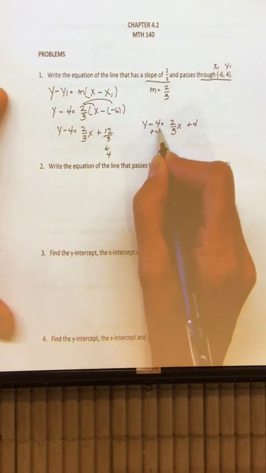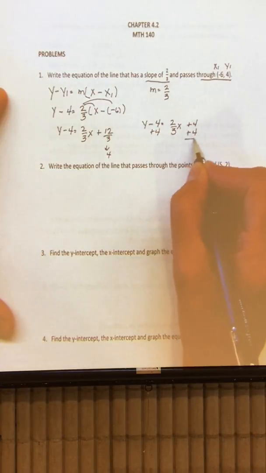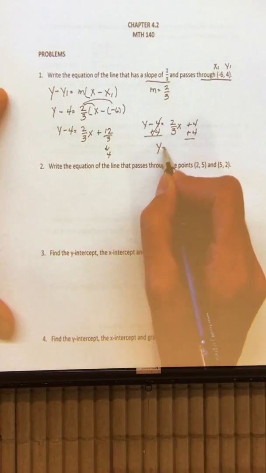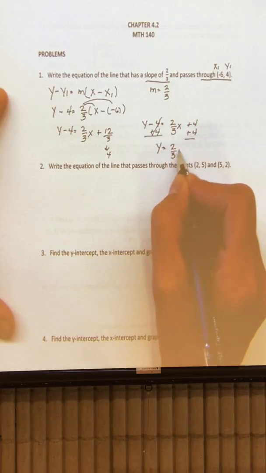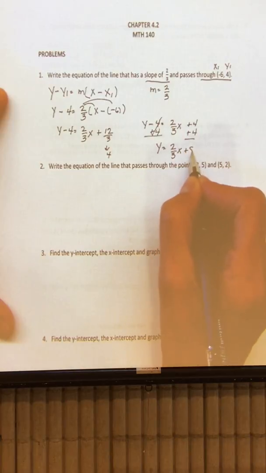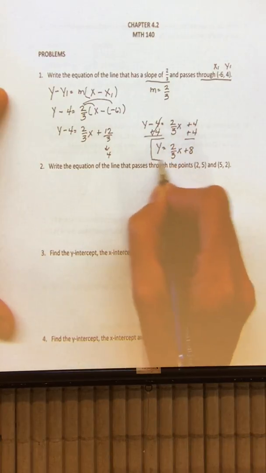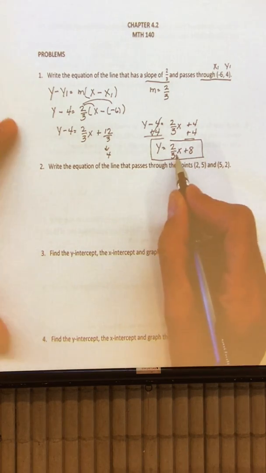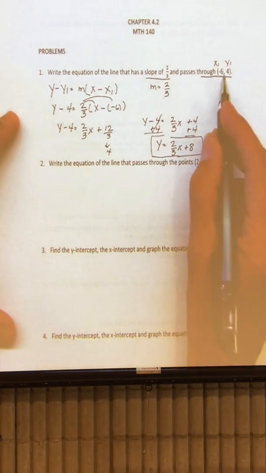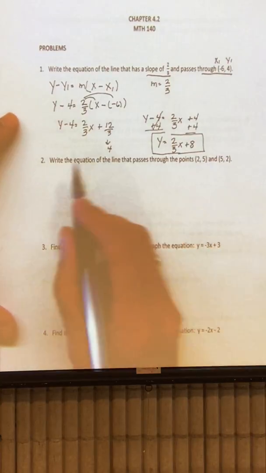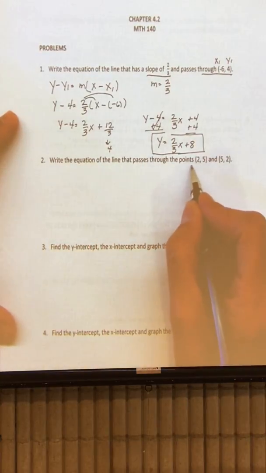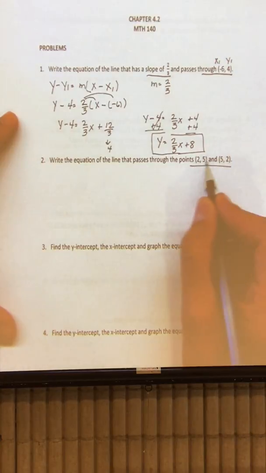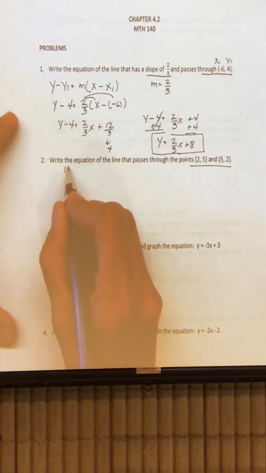We add the 4 to both sides, which cancels the 4. So we have y equals 2/3 x plus 8 is your equation of the line with that slope passing through that point. Number 2, write the equation of the line that passes through 2 points, 2, 5, and 5, 2. We first have to find the slope